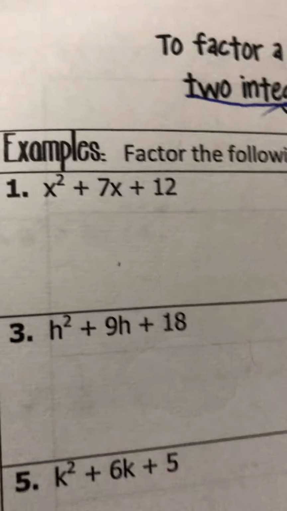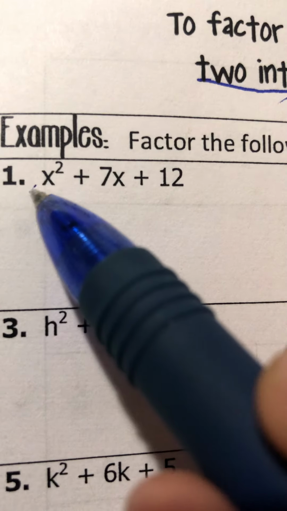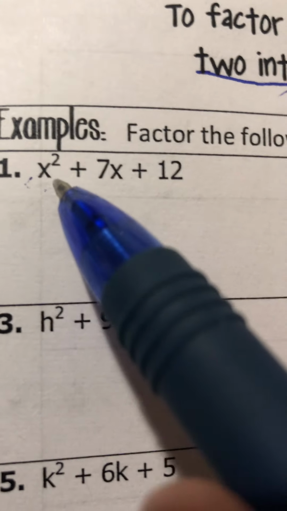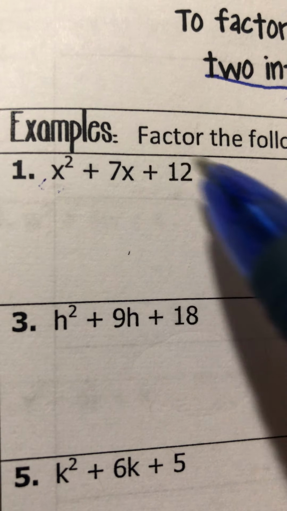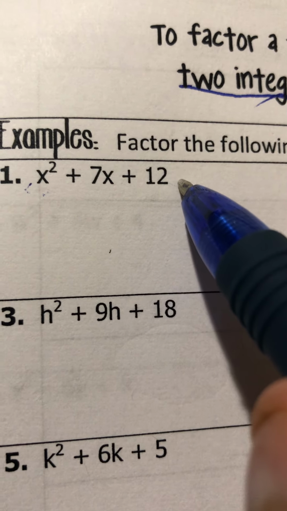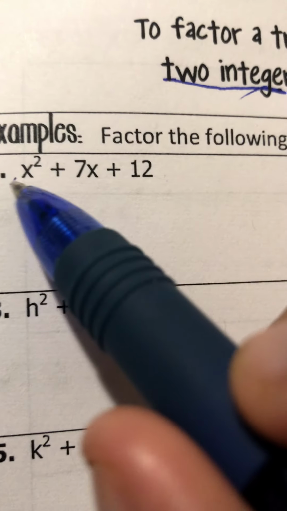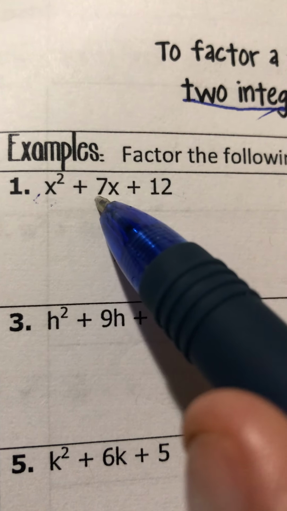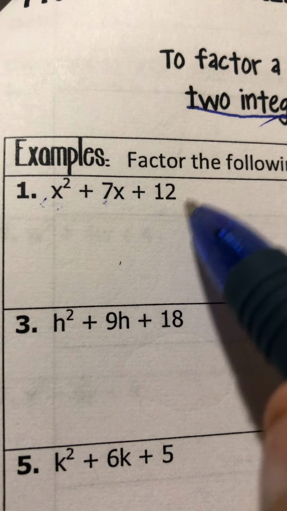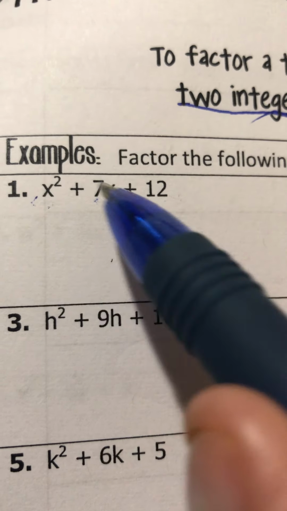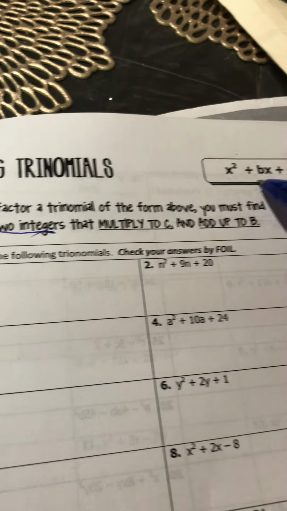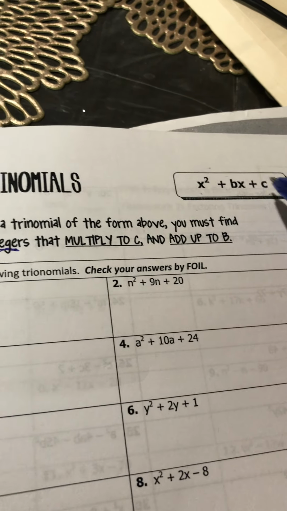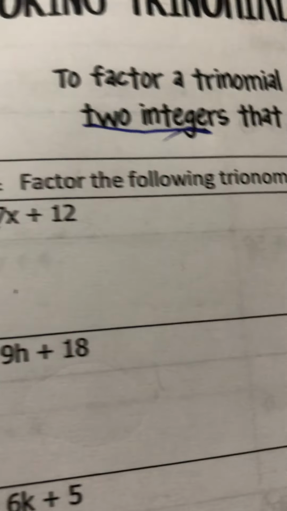So let's get started. I can see this is a trinomial, three terms. The first one is a squared term, the second one has the same variable with power of 1, and the third term has no exponent. The coefficient here is 1, B is 7, and C is 12. There is no A, so it's okay. B and C. So two